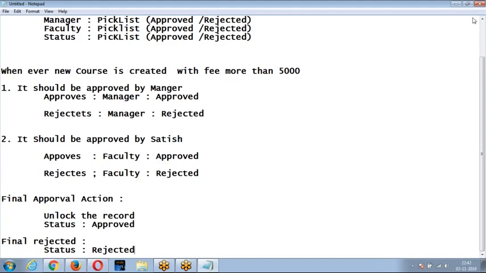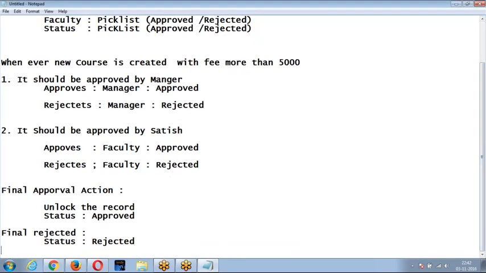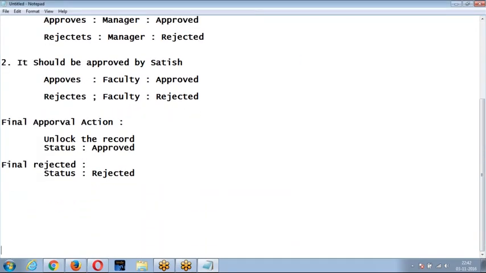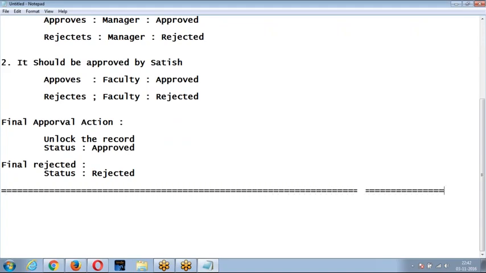Here I'm going to take one more scenario. Now, I'll go with the parallel approval process. Parallel approval process means submitting the record to more than one user in a single step.